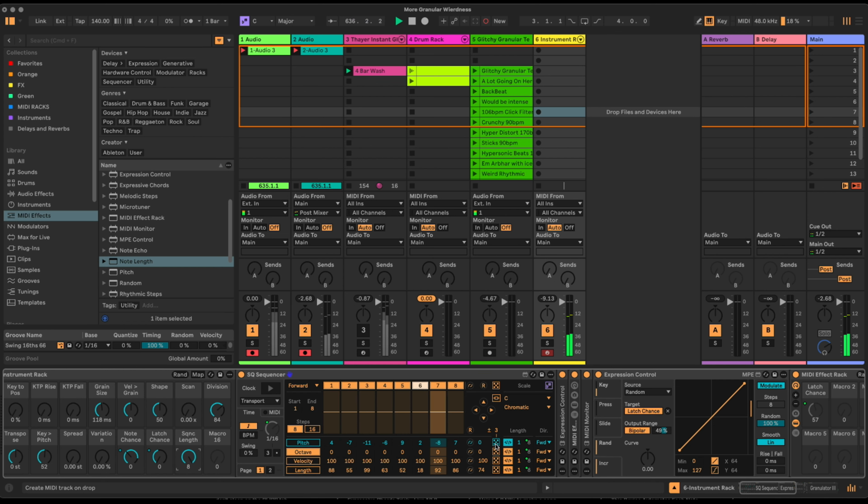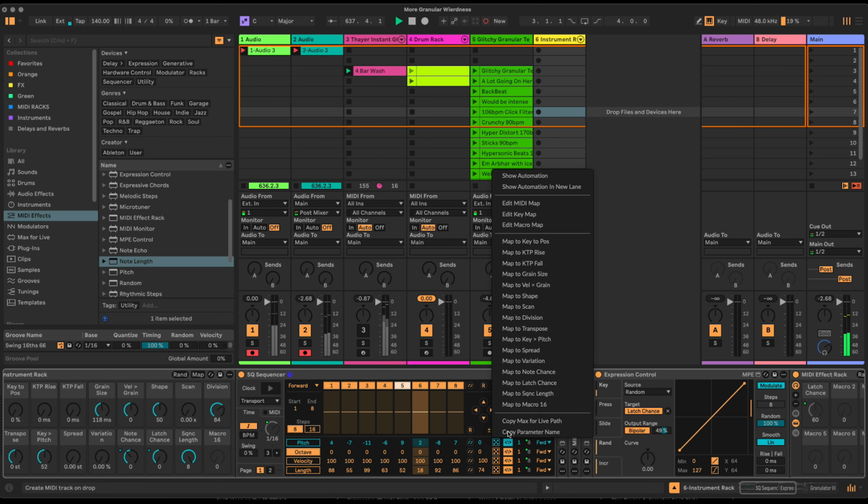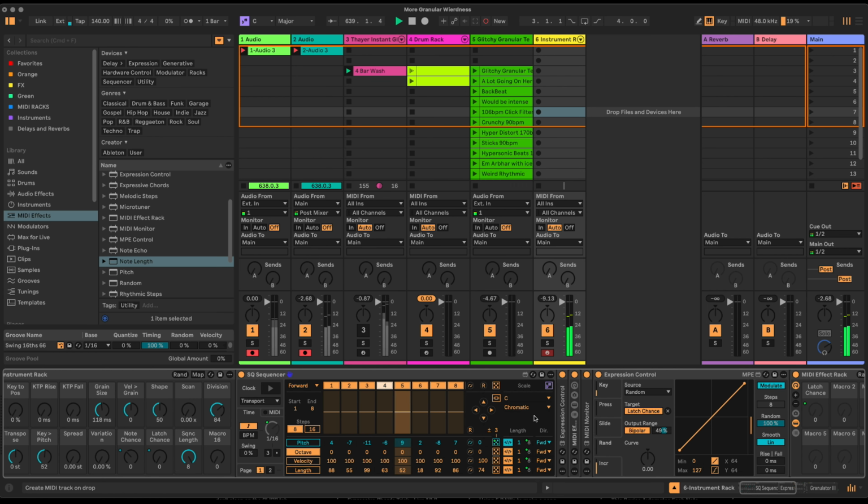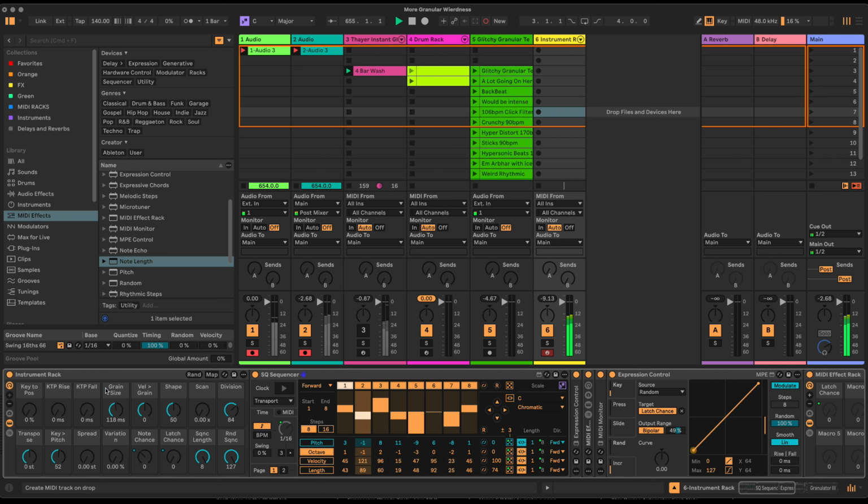And now I'm going to actually connect all of these randoms to macro 16. So I'm going to map to macro 16, and the rest as well. So now each time I move this past 50, we're getting a new random sequence. And that's randomizing velocity, that's randomizing length, it's randomizing octave, and it's randomizing pitch. So that's cool. That's giving us a whole bunch of cool stuff. So now I have a whole bunch of cool stuff I can do